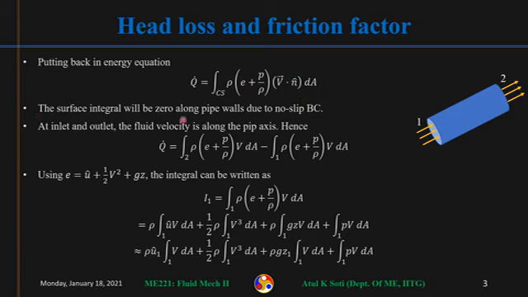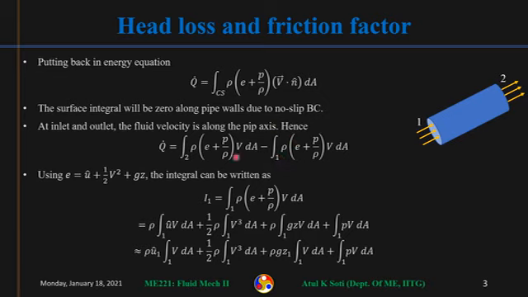So at the walls of the pipe, due to the no slip boundary condition, fluid velocity will be 0. So at this control surface, that is the pipe wall, this integral will be 0. So we need to calculate this integral only at inlet and outlet. At the outlet, the velocity vector will be along the outward pointing normal, so this will be positive. At the inlet, the dot product will be negative: velocity is in this direction and the outward pointing normal is in the opposite direction, so this integral will be negative.